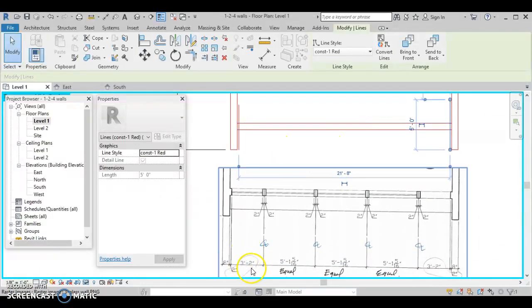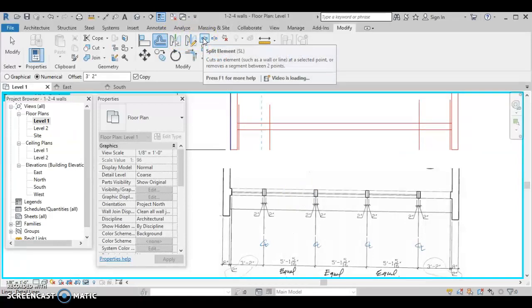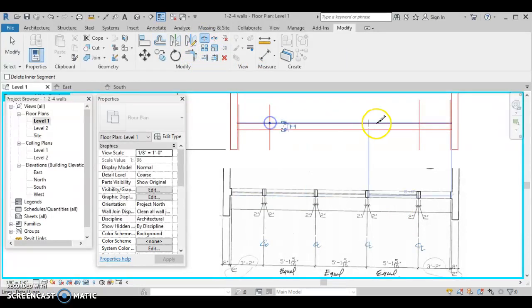Then I'm going to go 3 feet 2 inches on either side. So offset 3 feet 2 inches on this side and on this side. So that's the center of that stud. This is the center of this stud. Now from here to here, I would like to divide it into 3 equal spaces. Now I have to put a break in the line. So I'm going to split the element right there. So I'm going to split this line right here,